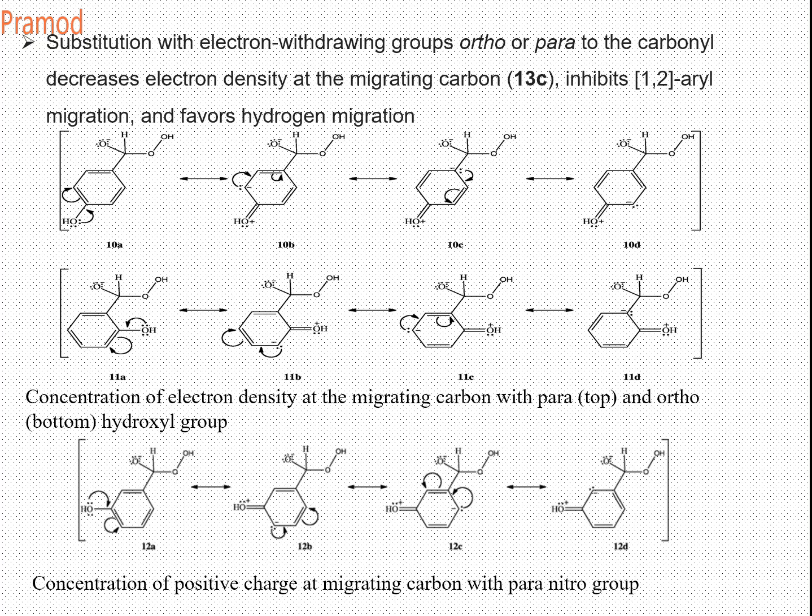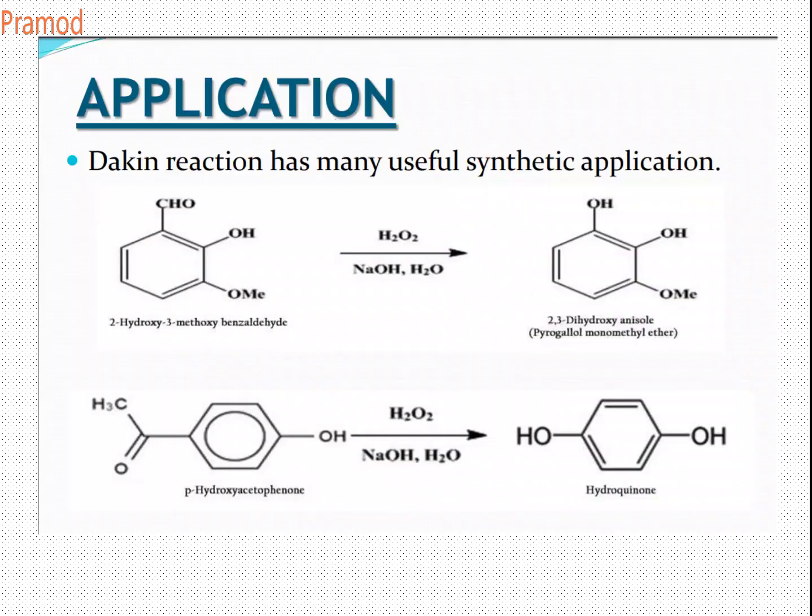Whereas in case of beta, the electron density will not come on the migratory carbon. That's why this type of substitution is not favored. So only ortho and para will be favored. Okay, so that's why it is ortho para. Substituted aromatic aldehydes or ketones give this type of reaction. No meta substituted. Now application, it is used in the preparation of your